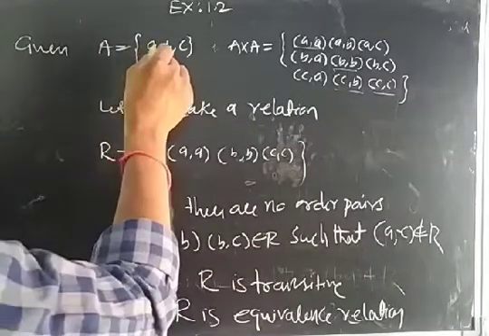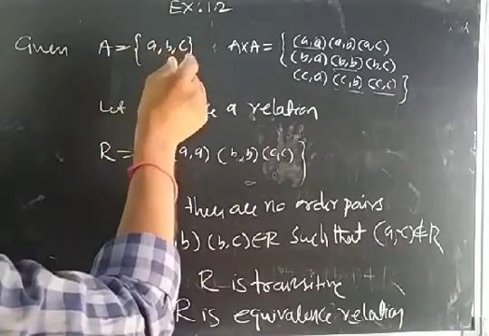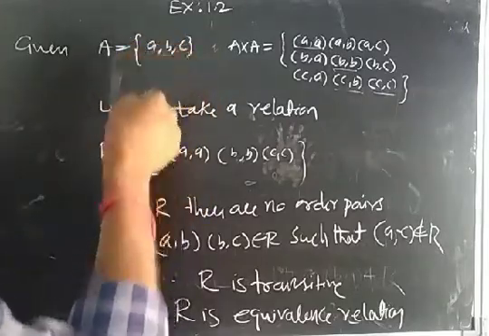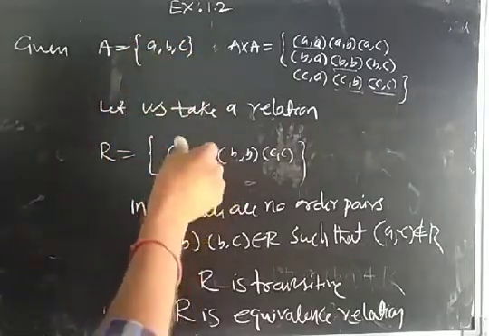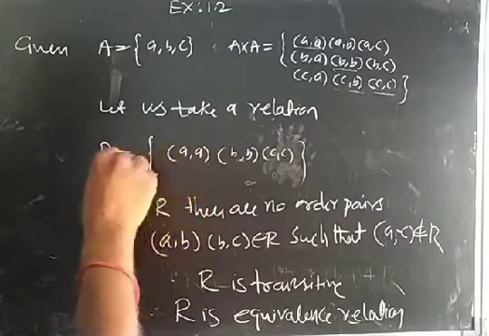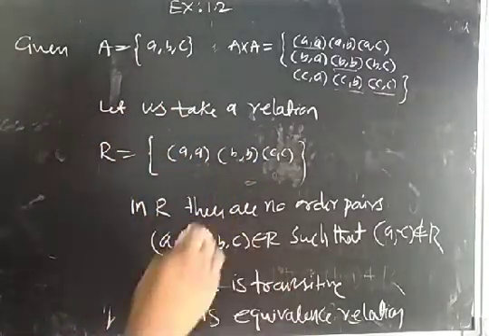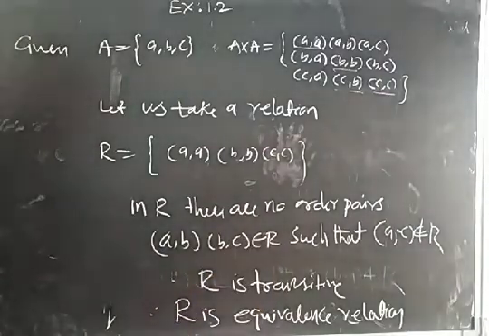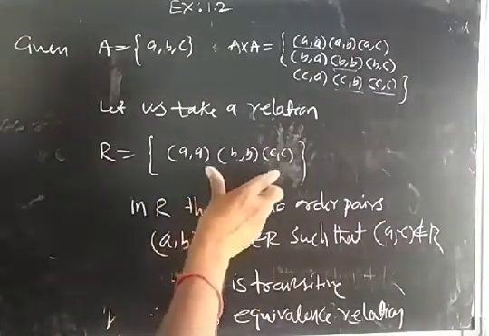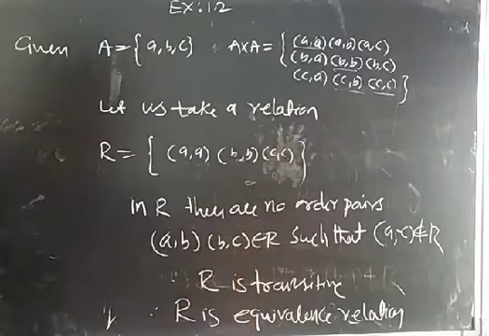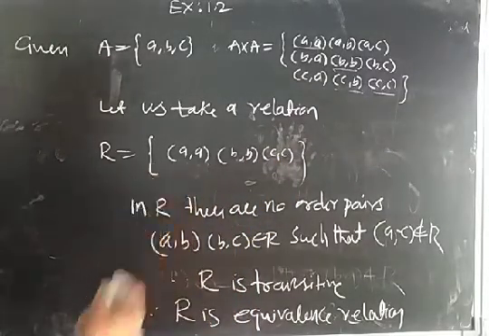So definitely we should take, how many elements exist in A? 3 elements. So definitely with each and every element you should construct an ordered pair and you should take it in R. Then only it will be reflexive. Then after you can check symmetric and transitive. So this is the smallest relation which is an equivalence relation. And what is the cardinality here? 3. Cardinality of R is 3.